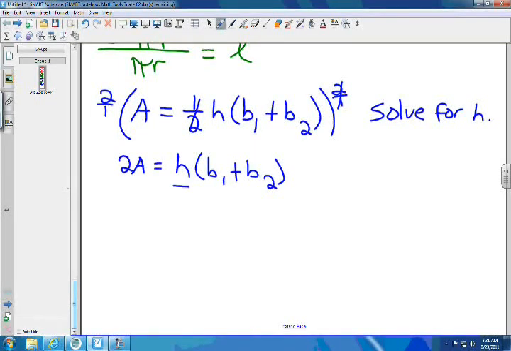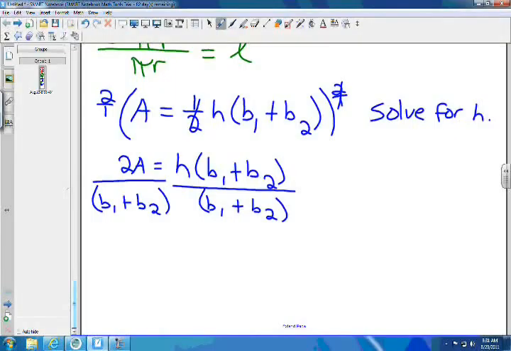So what you can do here is actually divide by that whole thing, b1 plus b2. Since h is being multiplied times that whole thing, you can divide off the whole thing. That all will cancel. So you're left with h, and then just rewrite this